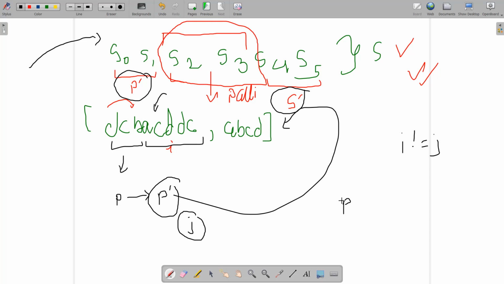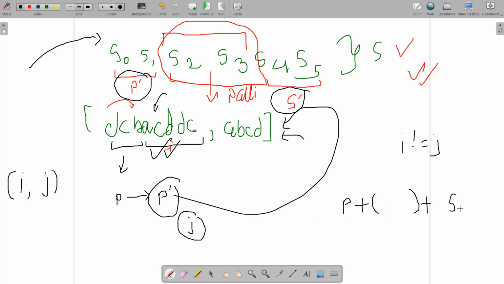Now the remaining suffix you can see here is a palindrome, and P dash also exists in this array of strings. Then you can append the string at position I and the string at position J, and on appending these you will find another string, let's say SJ.